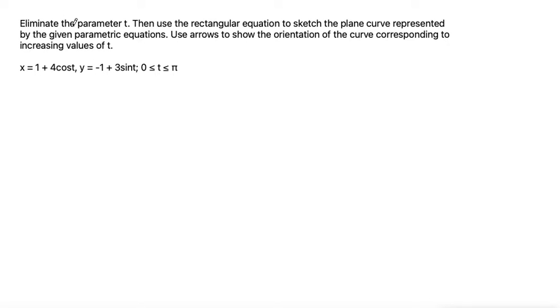We need to eliminate the parameter t, then use the rectangular equation to sketch the plane curve represented by the given parametric equations. Use arrows to show the orientation of the curve corresponding to increasing values of t. Okay, so whenever we have an x value and a y value that have cosine and sine as part of it, I would use the general equation that